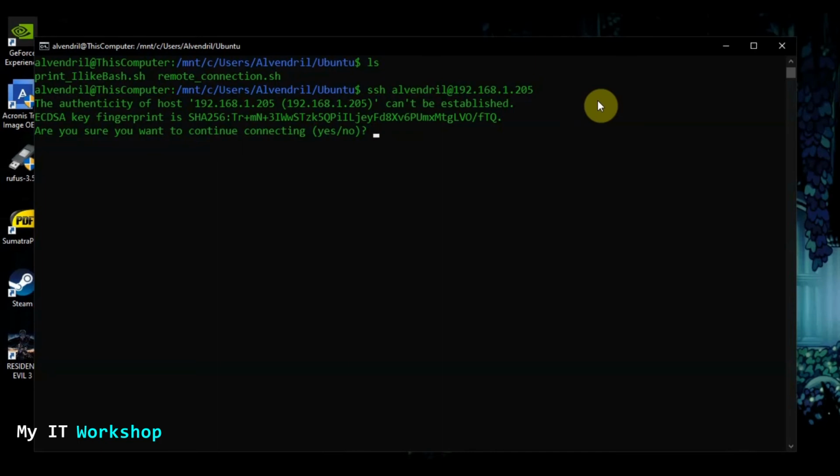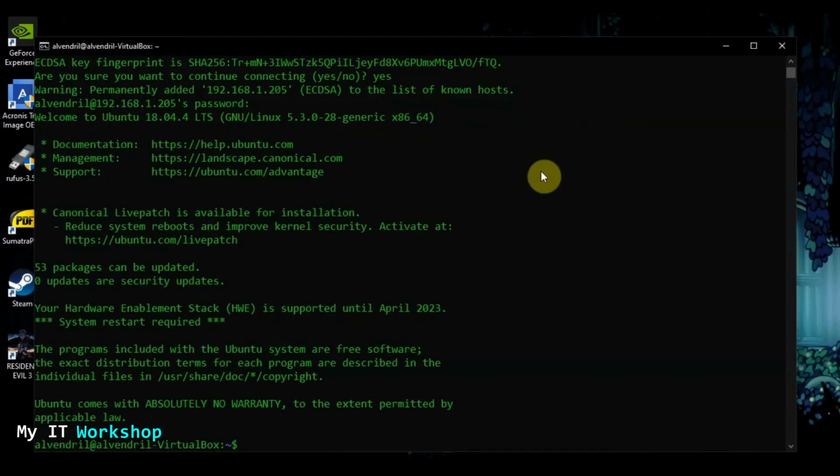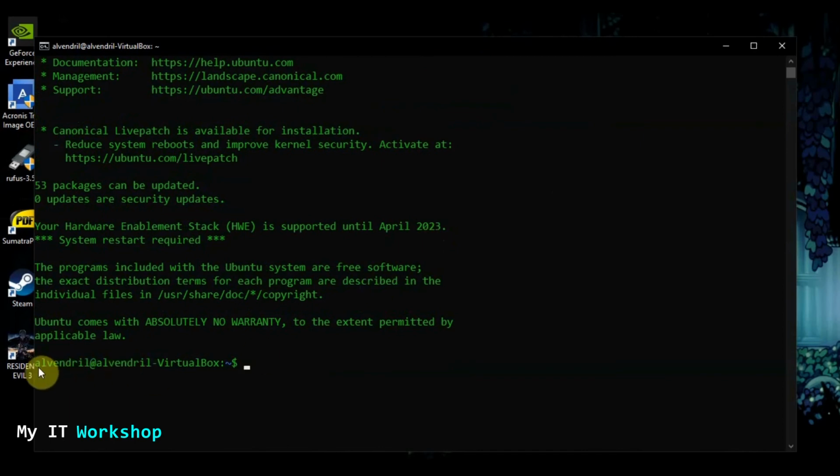Are you sure you want to continue connecting? Well, that's why we are here. I'm going to type yes. It's going to ask me the password for Alvendril, for the user. Again, you might have many users. That's not a problem, but you need to know a username to connect to this device. So as you can see here, I'm connected, Alvendril